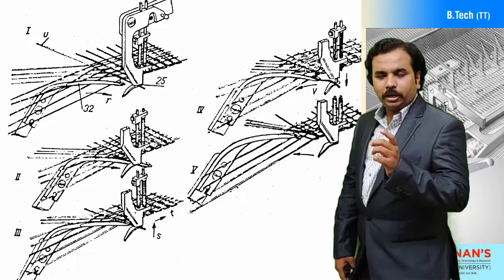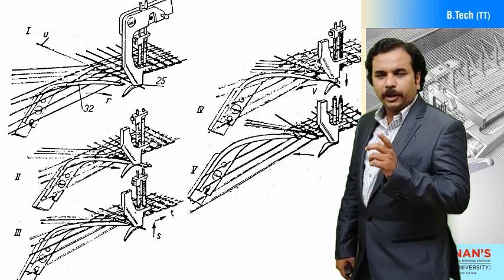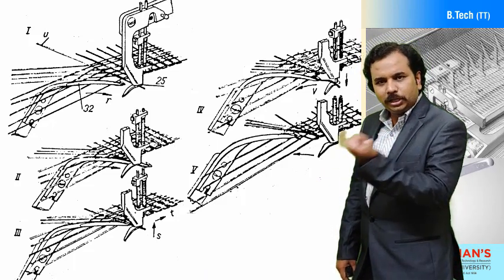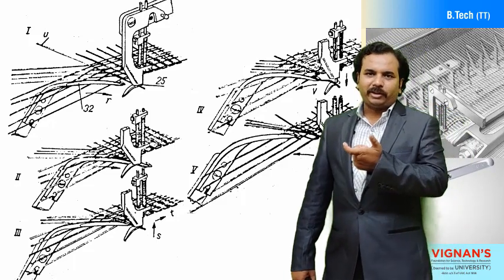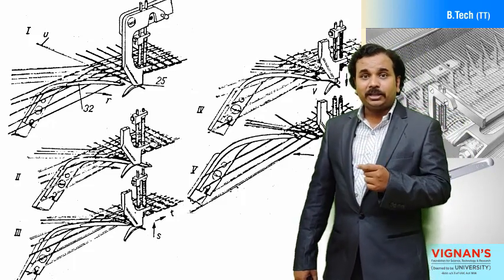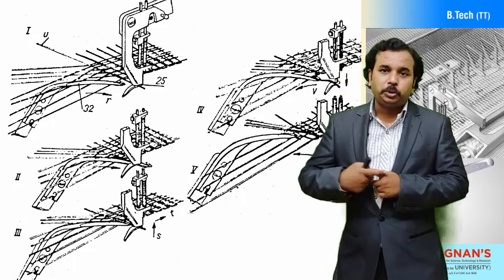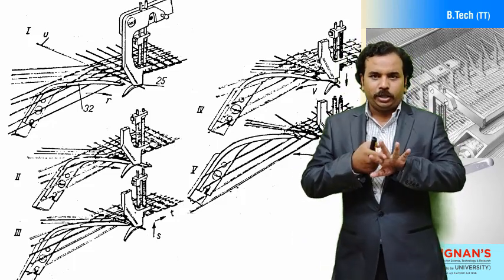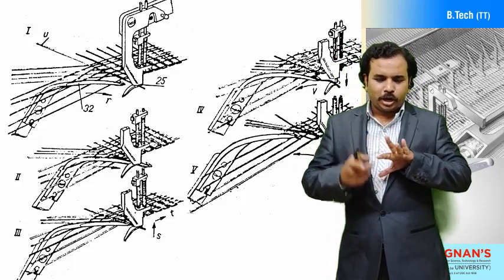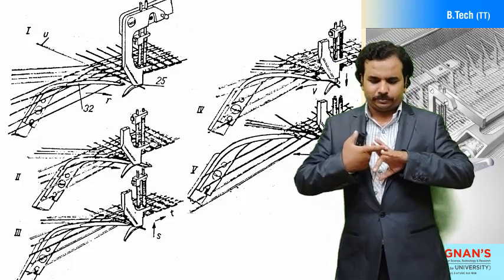Now the projectile, whatever the tucked in pin is there, the tucked in pin is going to hold the edge of the weft thread, and whenever the next shed is opened, it is going to fold it into the next shed. So now in one shed, picking is done. Now after that the second shed is opening.